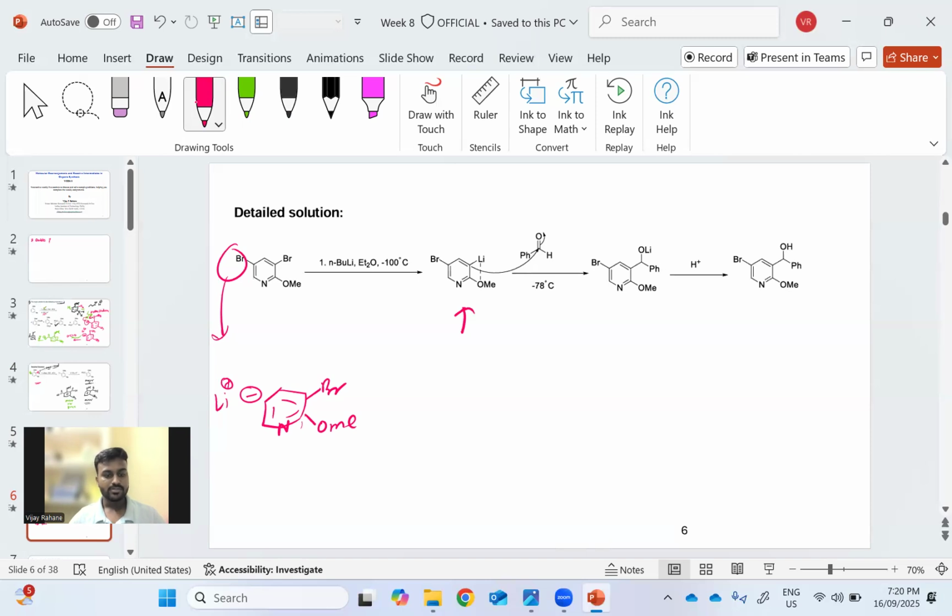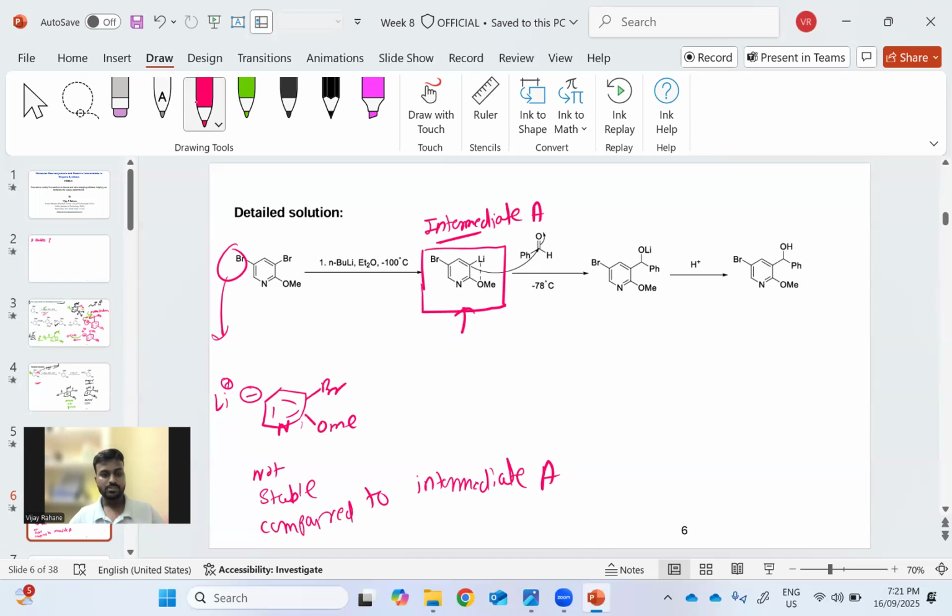So they're not stable compared to this intermediate A, which got stability due to the ortholithiation. So this small thing you need to always remember while you are approaching to solve such problems,